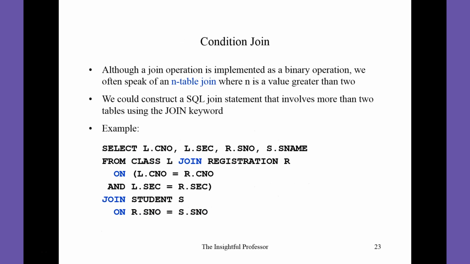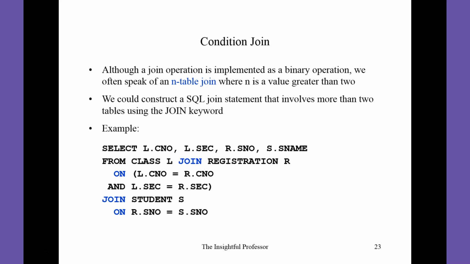With condition join, we can join more than two tables, as we could with comma separated. But remember that the join, strictly speaking, is a binary operation. So there's no such thing as a 3-table or 4-table or n-table join. This makes it much clearer that join is binary when we use the condition join syntax, because you join two tables, express the join condition, and then you move on and you can join a third table, express the join condition, and so on. There's an additional join required for each new table, and that join must have its own